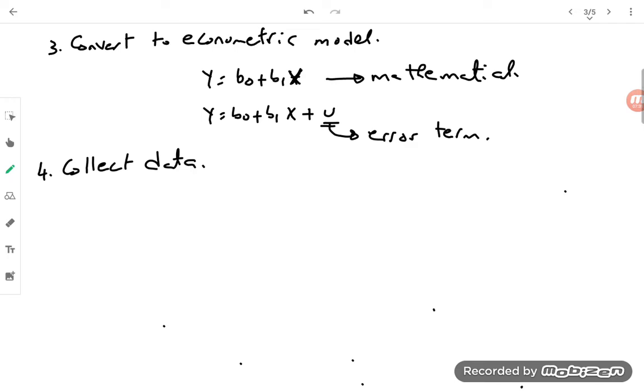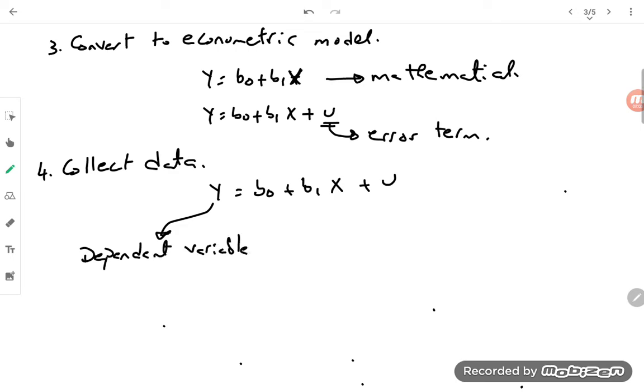Returning to our model, y equals b naught plus b1 x plus u, where y is a dependent variable, which means that its value depends on the values of x. Okay, so x is an independent variable,